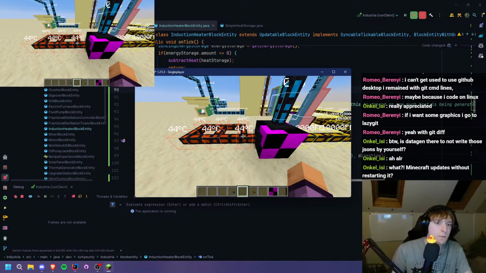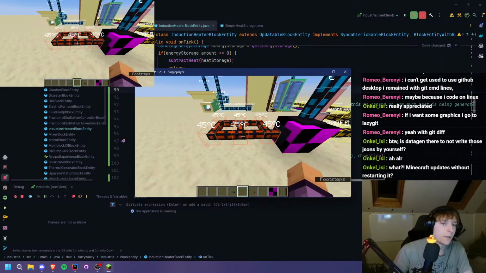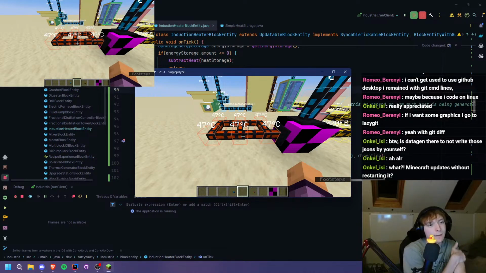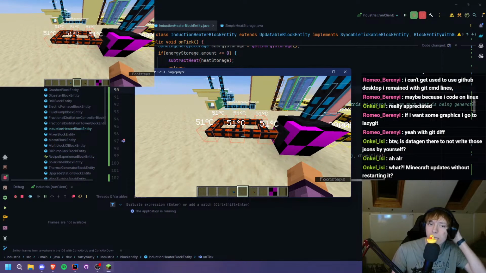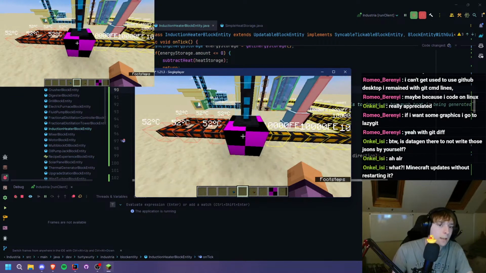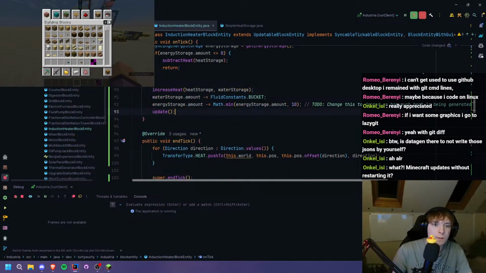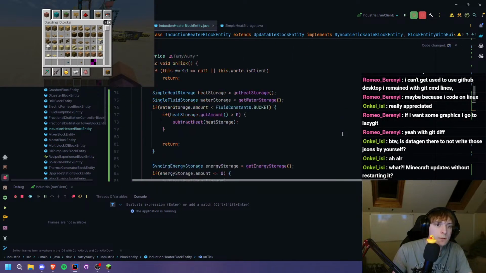Now, obviously, this doesn't make sense, right? Temperature shouldn't just increase like this. Ideally, it would both. Yeah, I mean, this doesn't make sense in the way that this works. And to be honest,